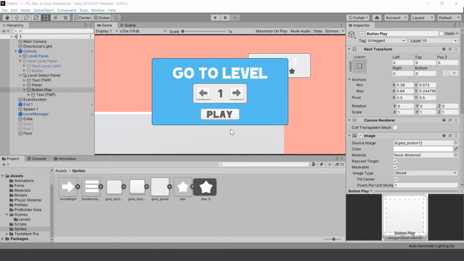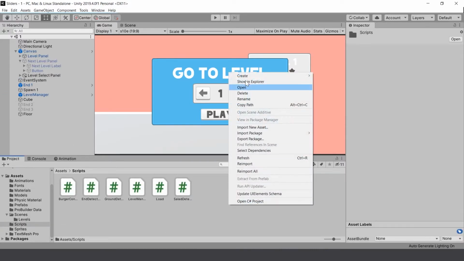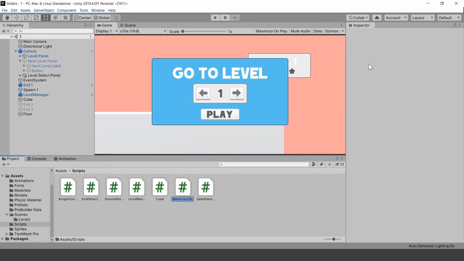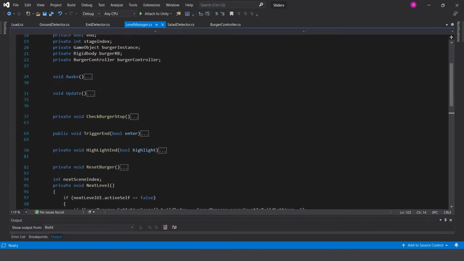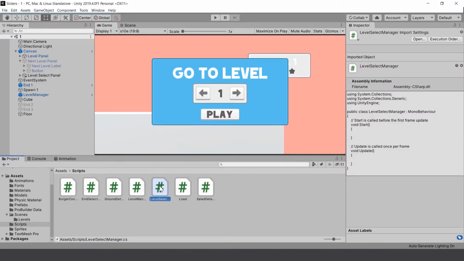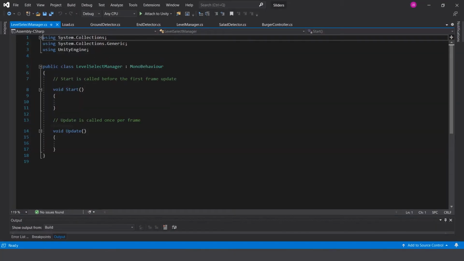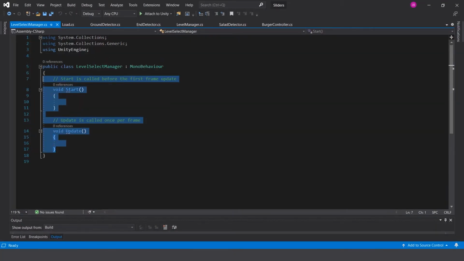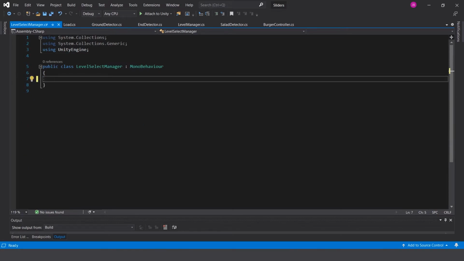So let's create the script that is going to handle this level selection interface. Let's go into scripts and create a new script, and we can call this script level select manager. And we will open that up. Okay. The main method that our